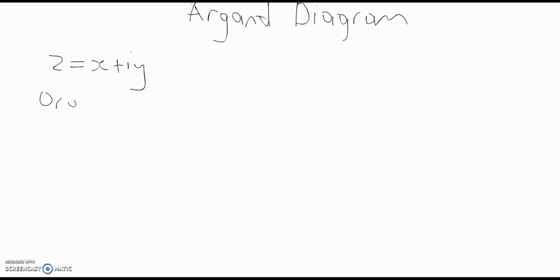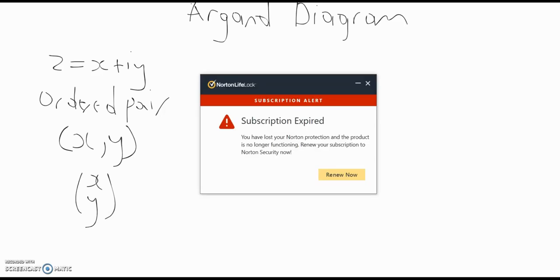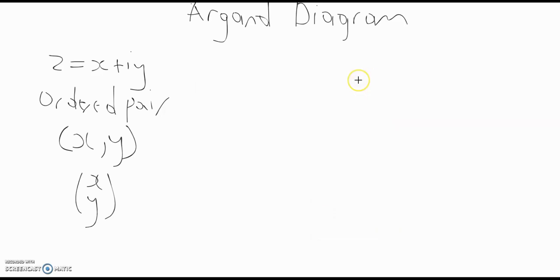So as an ordered pair, we can have this complex number being represented as x and y. We can also think of it in a similar way that we think of a position vector. And normally a position vector is represented with respect to the origin. So probably I could look at it as x and y. Now, graphically, a complex number can be represented on what we call an Argand diagram, developed by a French mathematician